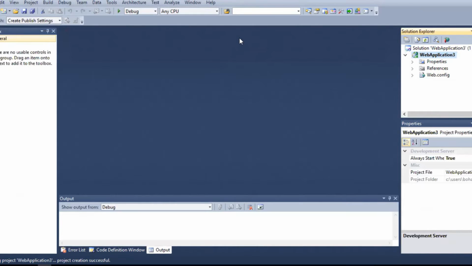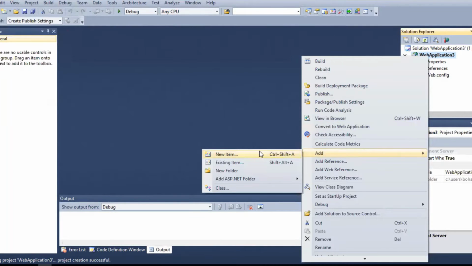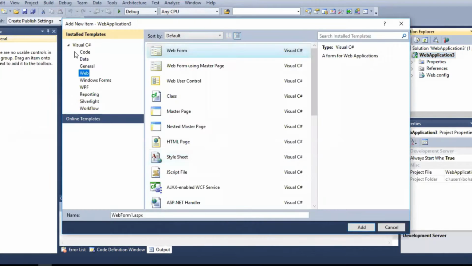Now after creating a web application, there are no web pages to be displayed. So right click on this, add the new item, then click on Web Form, and you can also give some name to the web form.